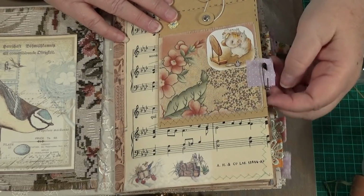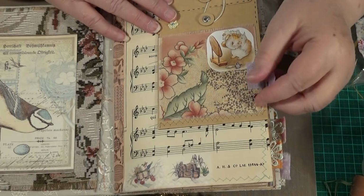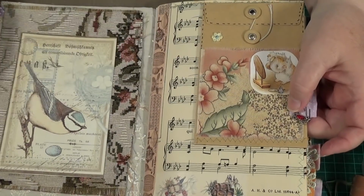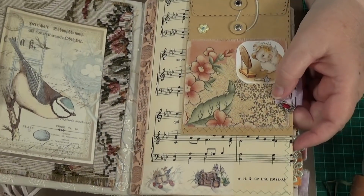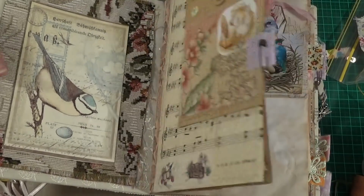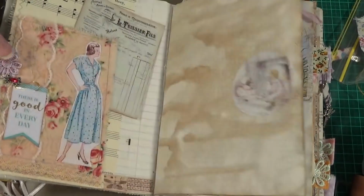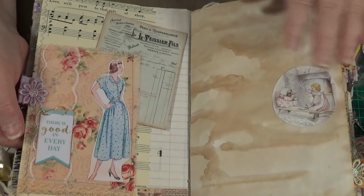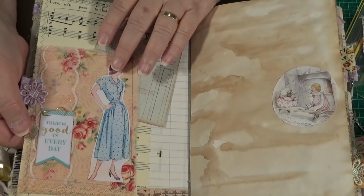I've got a pin on there, and it's got a nice little, well, it's not really a diamond, but I call them that, and if you know me, you know that I do. So it's got a nice diamond on the pin. Okay, so that's that page. I went too far. Now this is the next one, and this has got a piece of fabric on there,